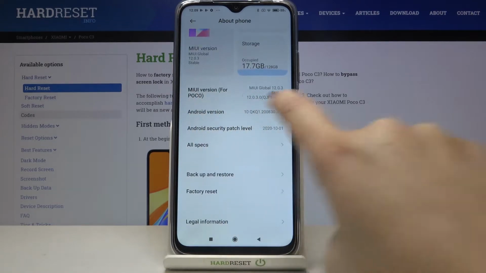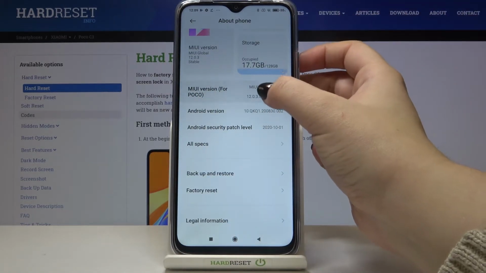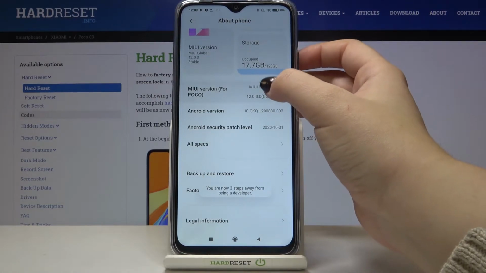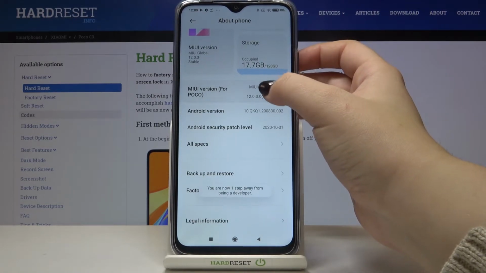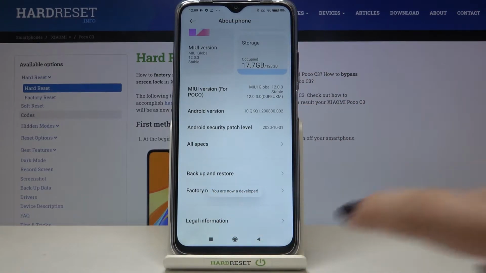As you can see here, we've got EMUI version, so all you have to do is simply keep tapping on it until you'll see that you're a developer now. So keep tapping. And as you can see, now we are in a developer mode,